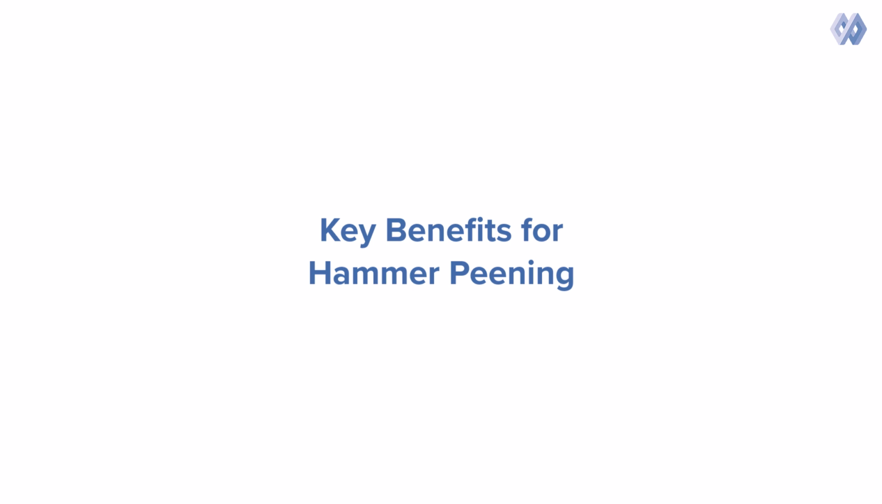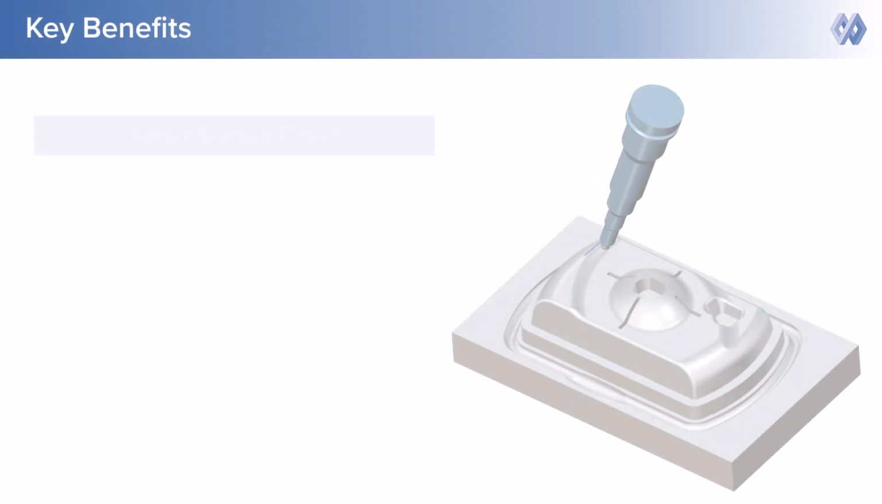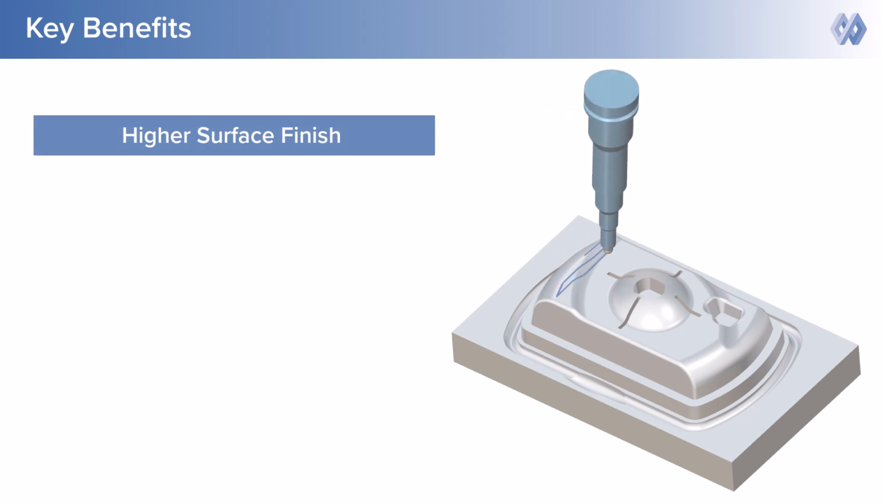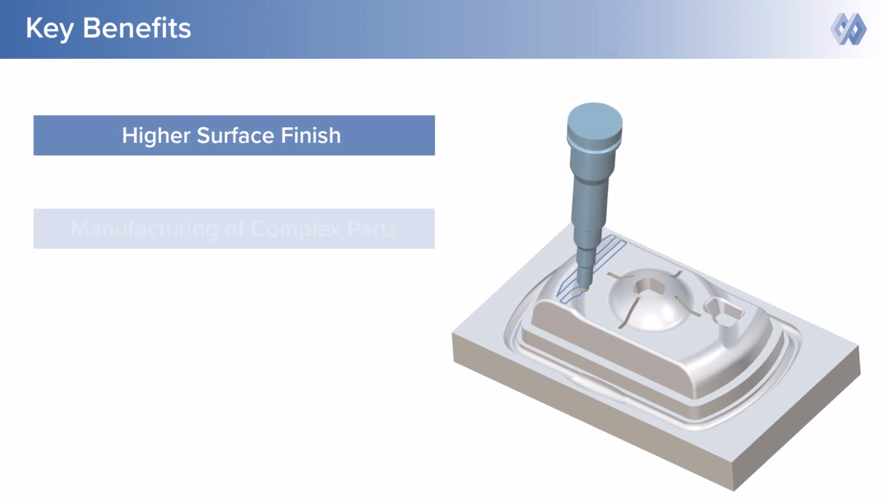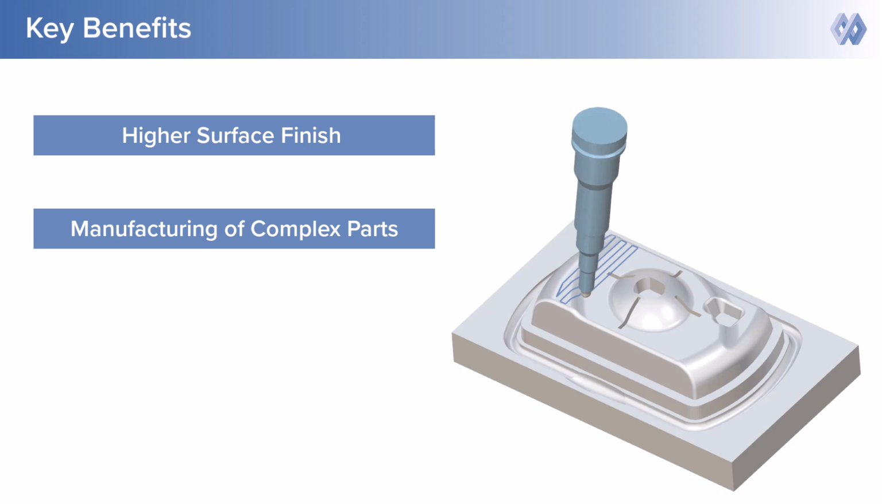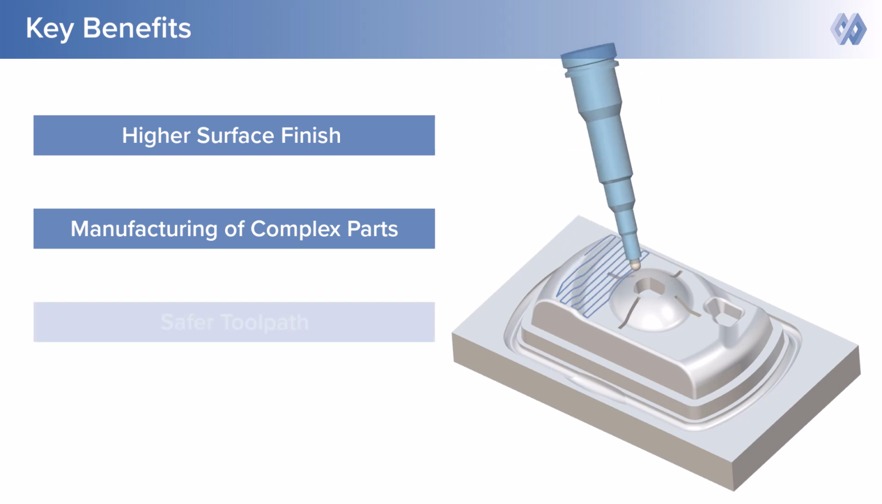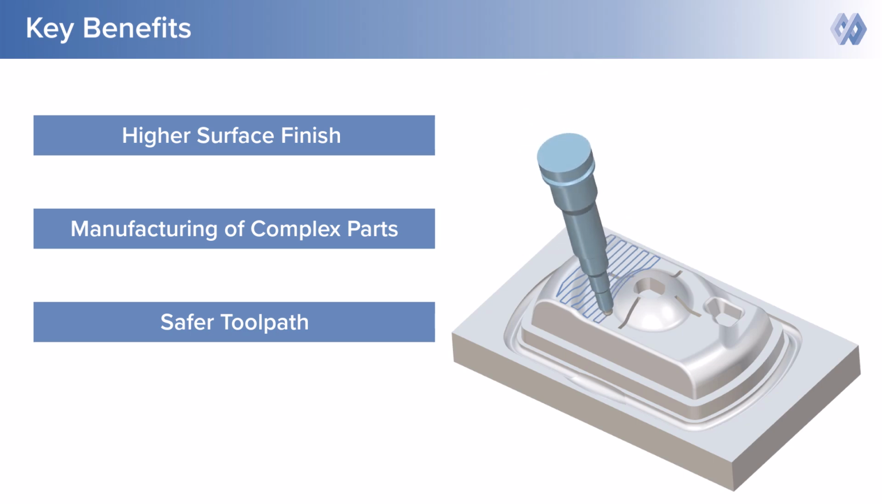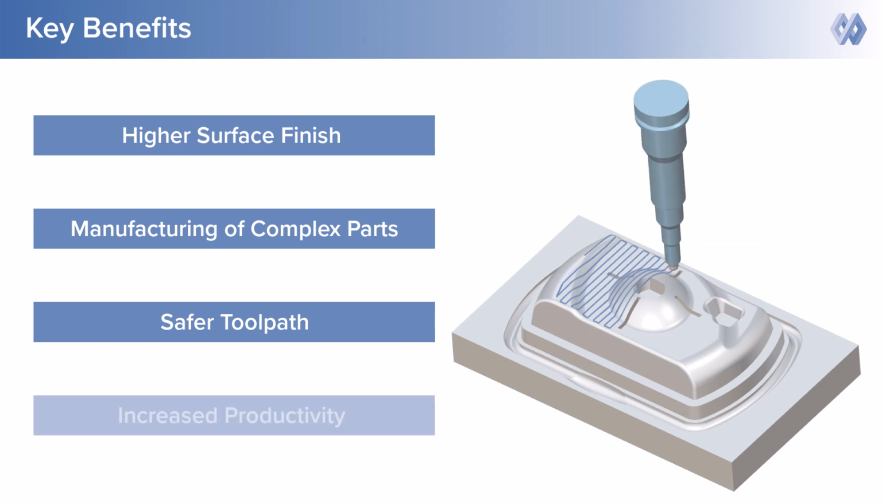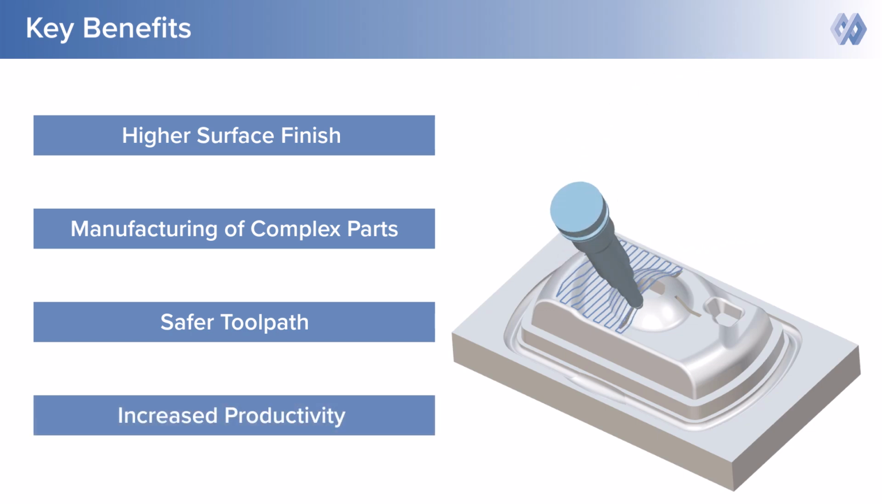As a result, ModuleWorks hammer peening provides many benefits such as high surface finish in one operation with modern peening tools, simplified production of complex parts through precise control and intuitive parameter settings, safer and reliable toolpath using advanced simulation and verification options, increased productivity with automated toolpath generation that requires minimum inputs,